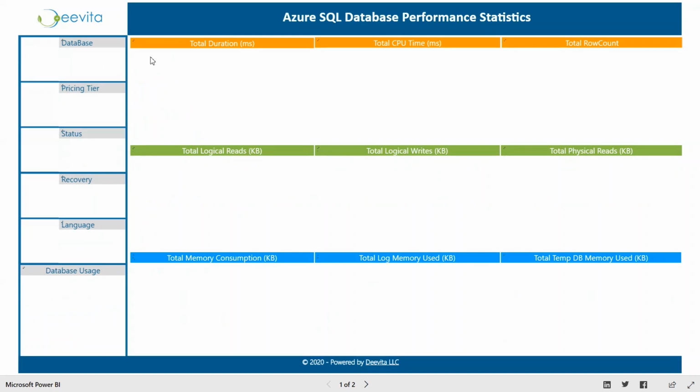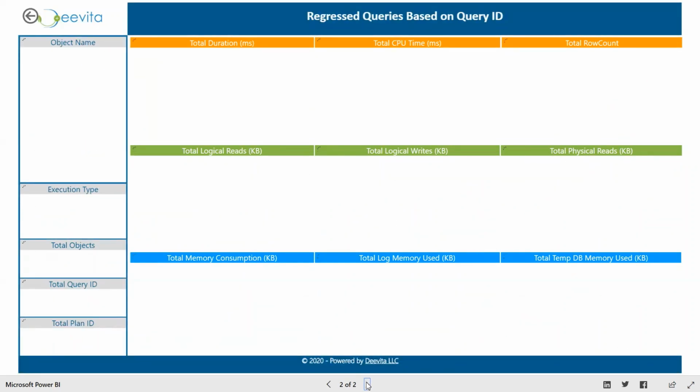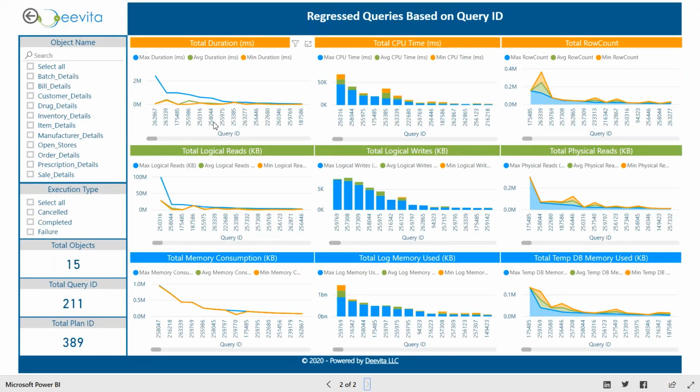Going back to the dashboard, let us move on to the second page of the dashboard, which gives the same performance metrics with respect to the different query IDs. Additionally, we can see the maximum performance metric, the average performance metric, and the minimum performance metric. Let us drill through a specific visual